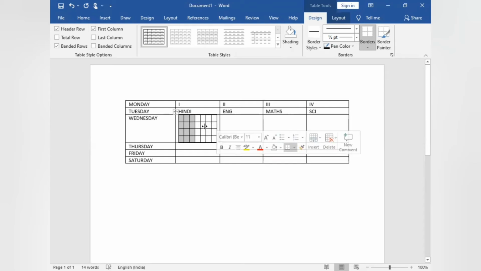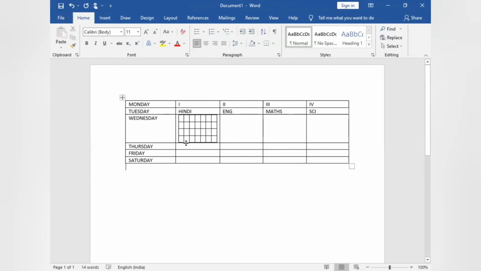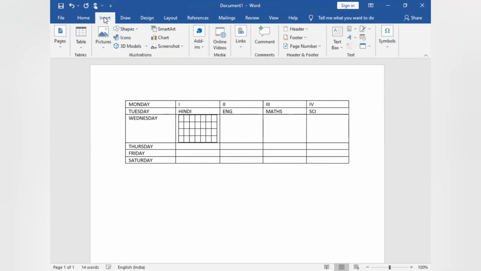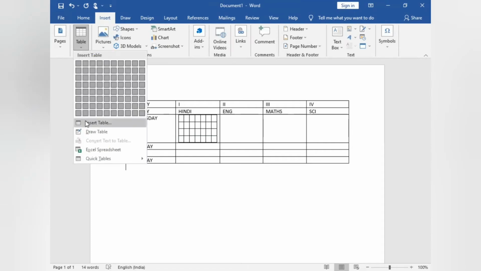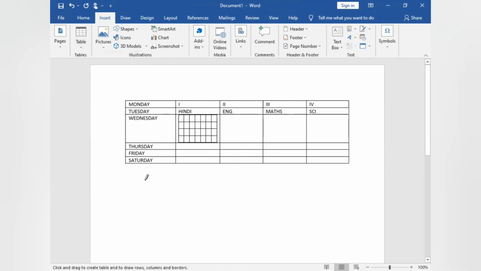It is the second method of inserting a table. Again go to the Insert tab and click on Table. You can draw your table with the help of a pencil.